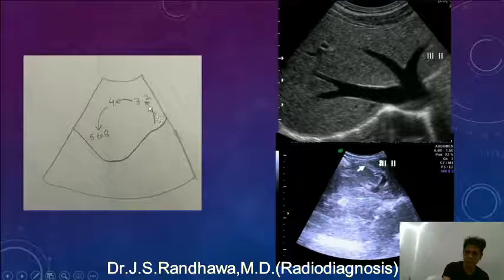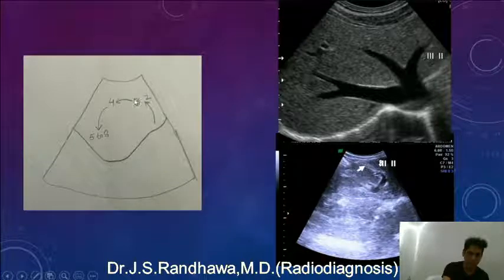Now after 1 we have 2, 3, 4. 2, 3, 4 are segments of the left lobe. And how do we proceed? Segment 1, caudate lobe was somewhere here. Now we move anti-clockwise. Now when we are moving anti-clockwise, we are moving like this. So first we get the lateral segment of the left lobe. So in the lateral segment we have segment number 2 and 3. So first is, as we are moving anti-clockwise, first we get segment number 2, which is more lateral one, or I'll say which is closer to the midline of the body. So this is segment number 2.